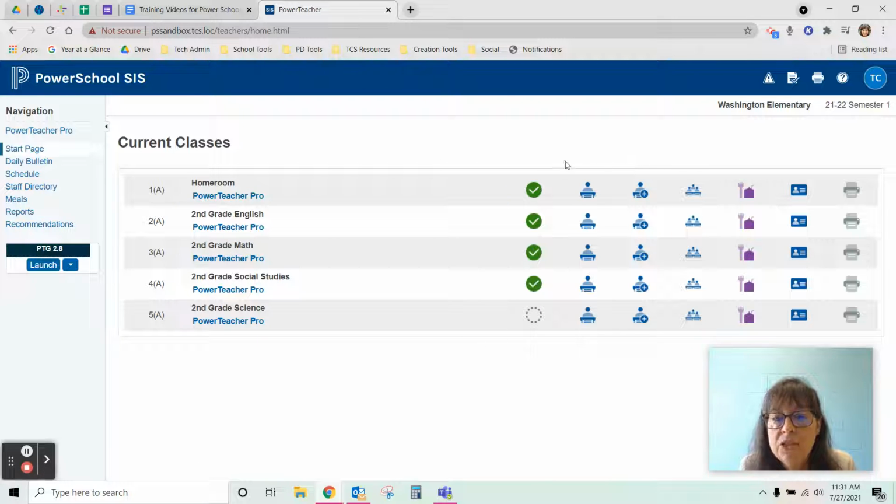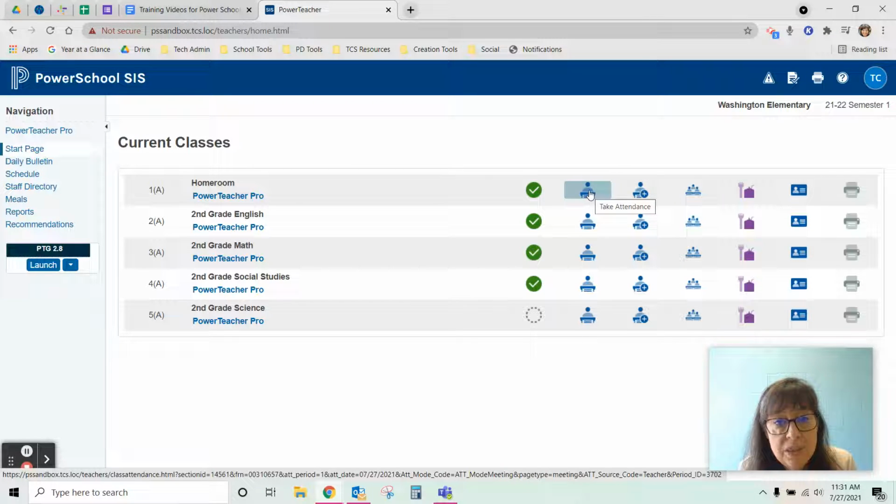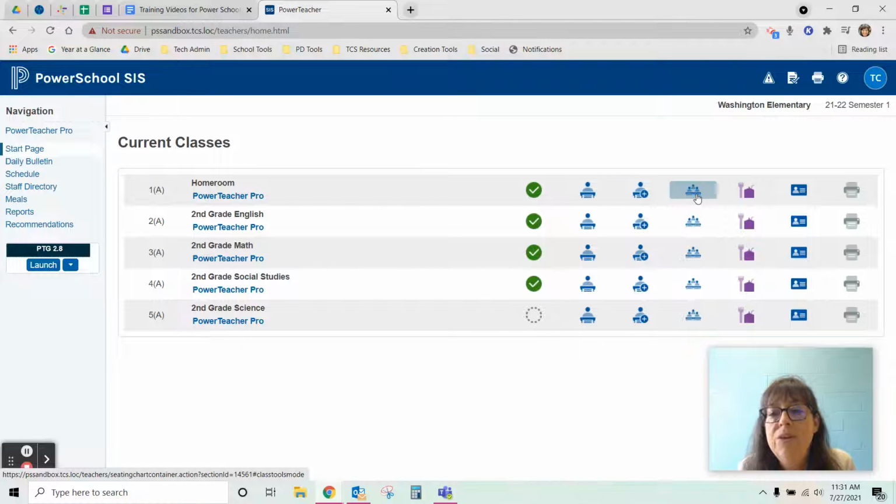The icons to the right of the circles are your attendance icons, and you've got three different ways that you can take attendance. You can take single day attendance just for that one day. You can take multi-day attendance, which is great to use if you have a student that brings a note that says they're going to be out for 5 days. And you can take seating chart attendance, which you can only use if you have set up your seating charts